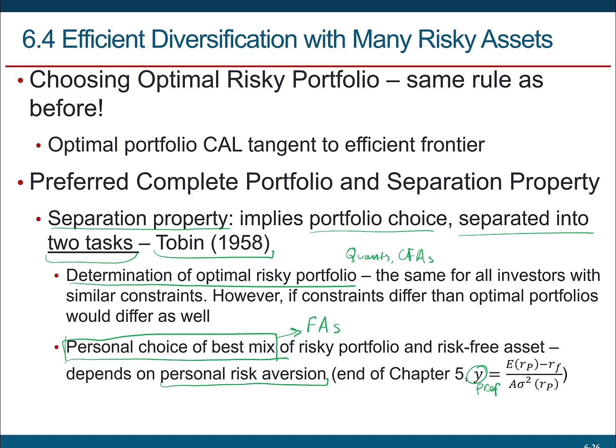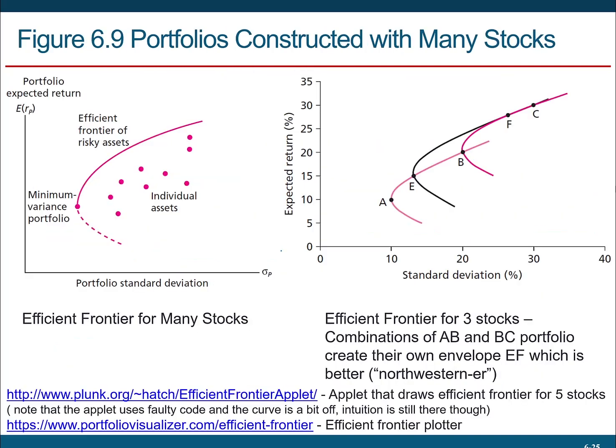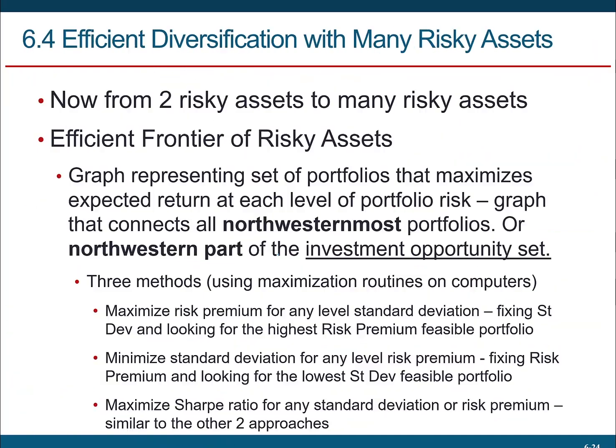Now let's go back a bit. What happens if we have not only bonds and stocks, but several assets? Then we're going to have an efficient frontier of risky assets. So how does it look like? Let's go back to our